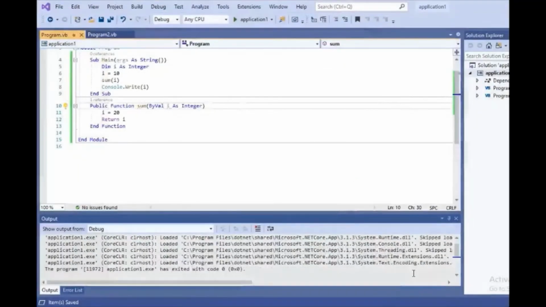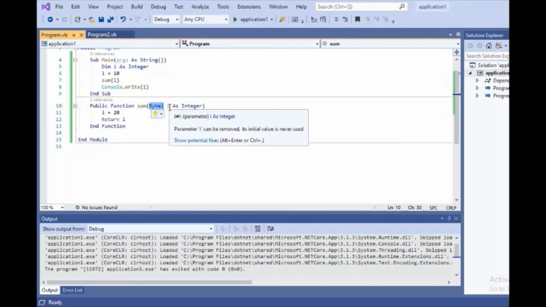We will see an example here. I have created a function sum, and I've passed the variable ByVal i as integer. Inside it, I write i = 20. I have updated the value of i and then return.